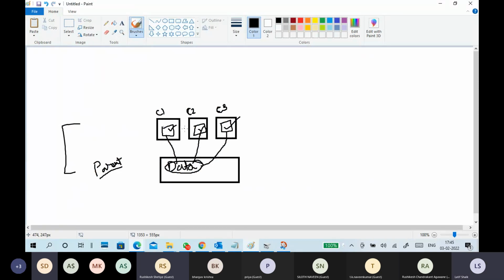The point is, if I modify the data in child list one, maybe add data in child list two, maybe delete data in child list three, or change some data, in the parent disk the data is safe and constant.